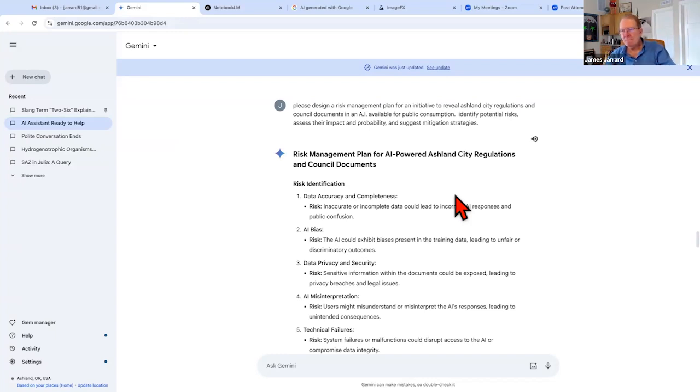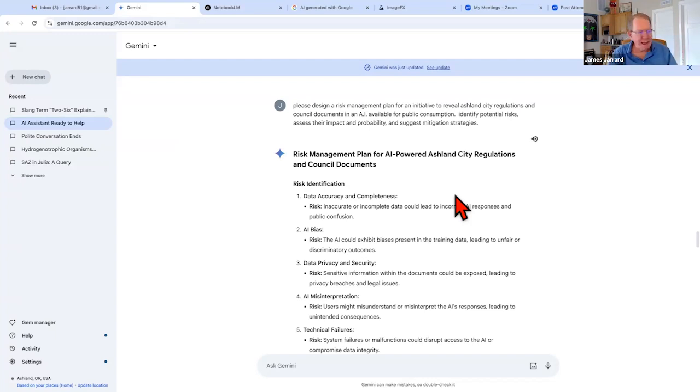fine-tune Meta's open source. So I load Meta's open source AI on this Dell computer that I'm buying. Now I scrape all of the Ashland City websites for their regulations, their council minutes, anything that they release, and I fine tune, I build upon the Meta AI.